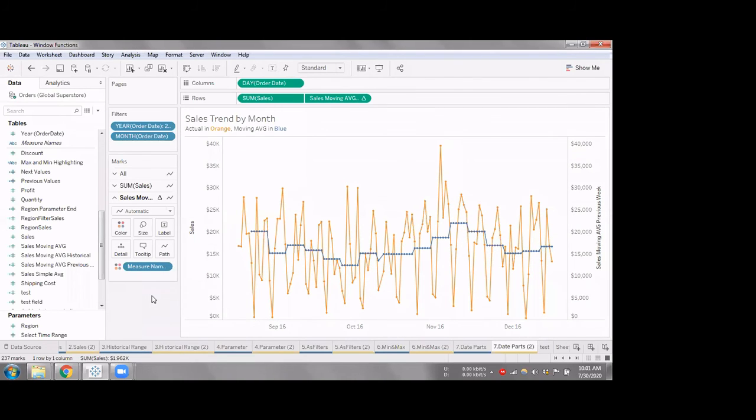Is the calculation part clear? It is a little tricky, but all I want you to take away from this activity is that you can use calculated fields in the window function for start and end values to achieve something like this. Basically, this average is showing the average of all of the last week. This is the average for this week, this is the average for this week, and likewise. Is that clear?